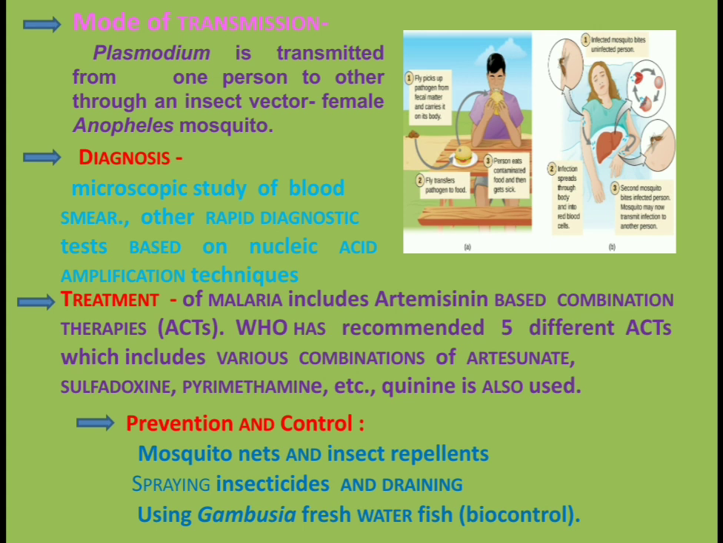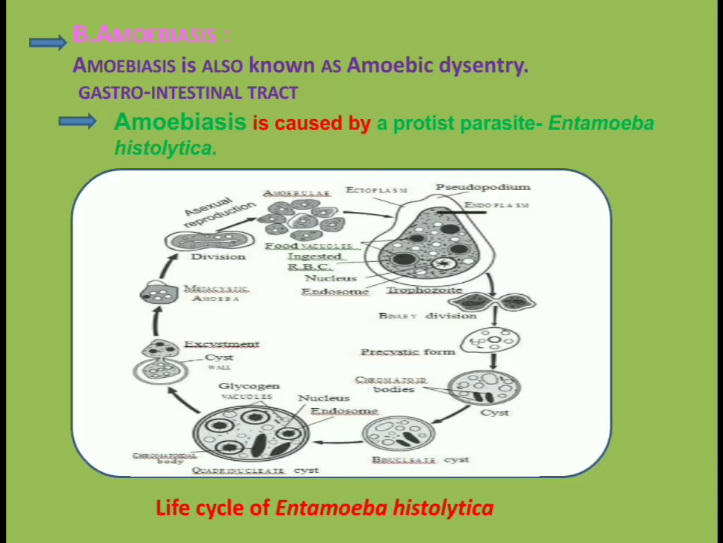Now the second disease is amoebiasis. Amoebiasis is also known as amoebic dysentery. It's a common infection of the human gastrointestinal tract which affects 15% of the population in India, and this is a much larger amount than in the developed nations across the world. Now you are able to see the life cycle of Entamoeba histolytica, and before seeing the life cycle we must know that